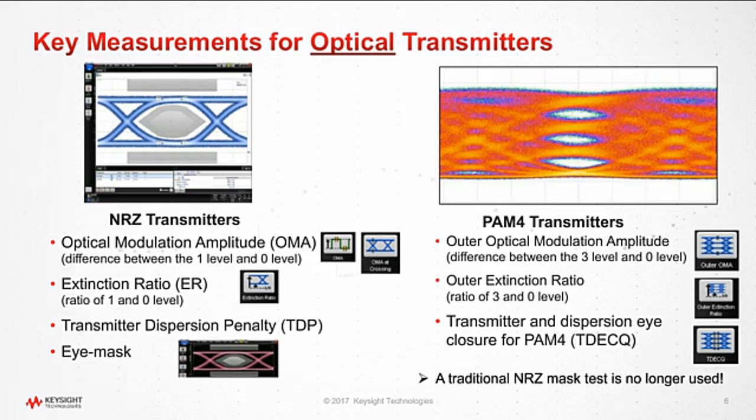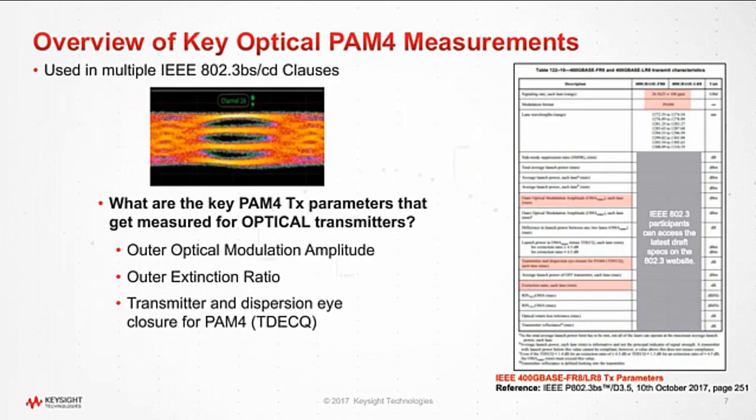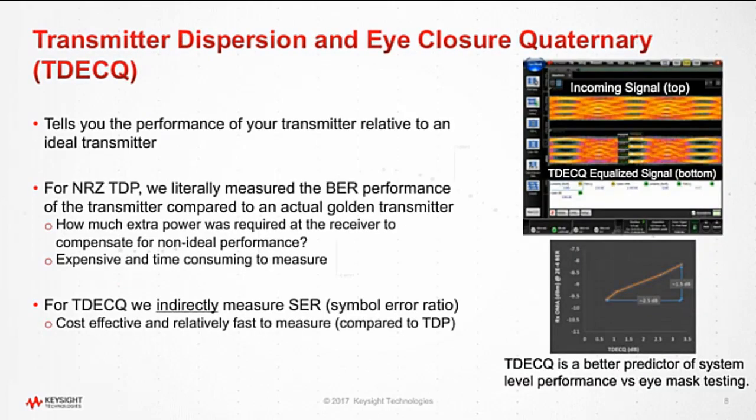Notice that there is no longer a traditional NRZ mask test, and we'll explore why that is in just a moment. So here's just a reference for you going and looking at the latest draft, which is 802.3bs draft 3.5 from mid-October. And here you can see the summary of outer OMA, outer ER, and TDECQ. So what is TDECQ? Well, it essentially tells you the performance of your transmitter, your device, relative to an ideal